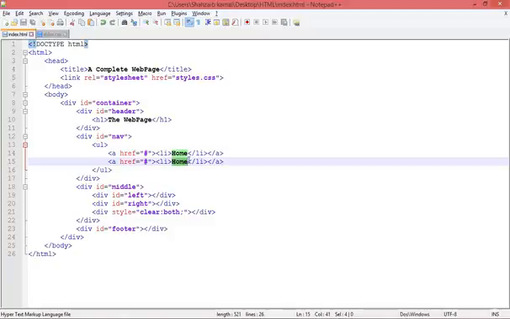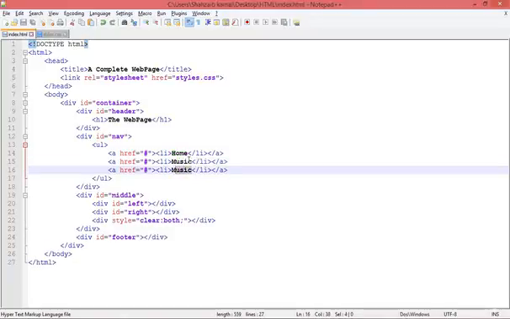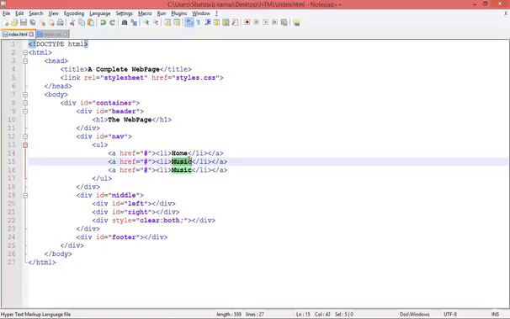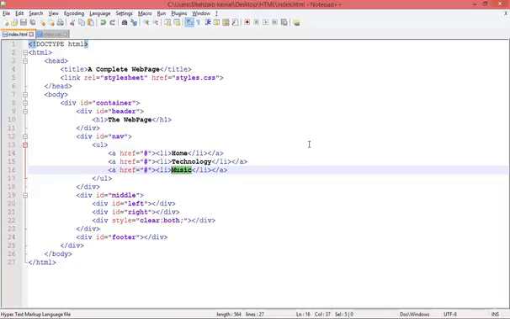The next one is the music. I can put any menu whatever I want, and you can put your own according to your content, according to your website. You can create an article website. Oh yeah, I can create the article website too, so why not? I just put the technology here. Great. By the way, the technology, the health,